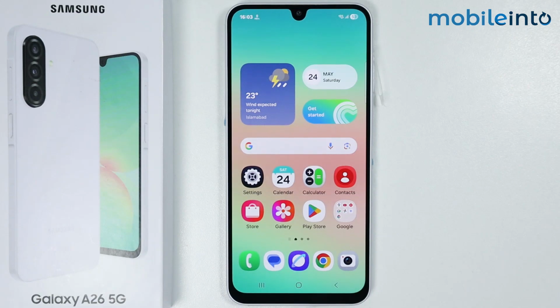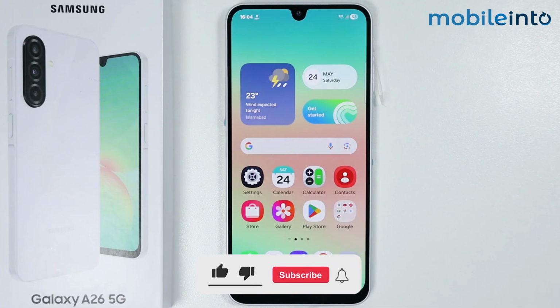Hey, what's up guys? So in this video we will see how to turn off background running apps on the Samsung Galaxy A26. Now the first method to turn off the background running apps on your smartphone is to open